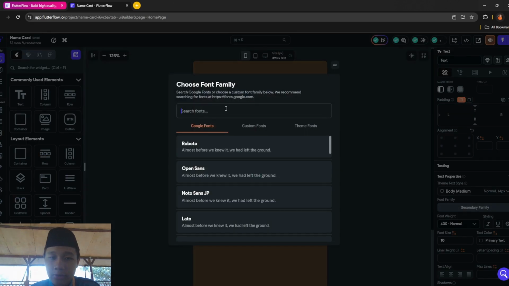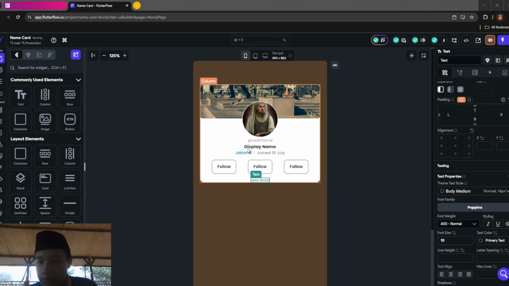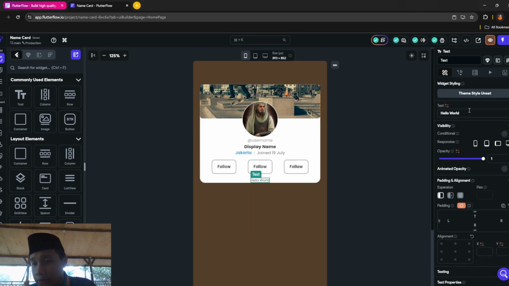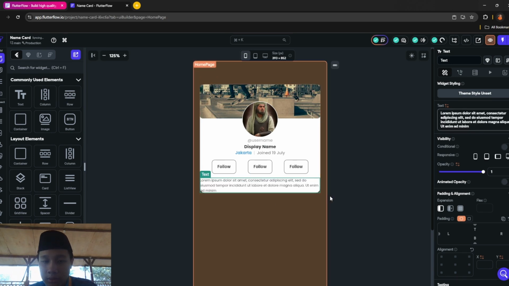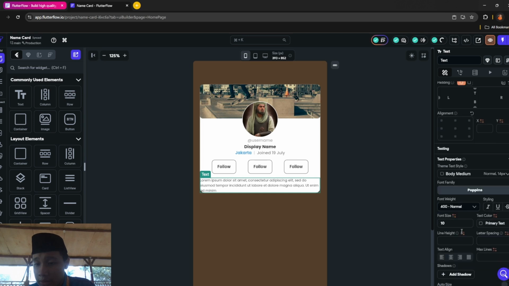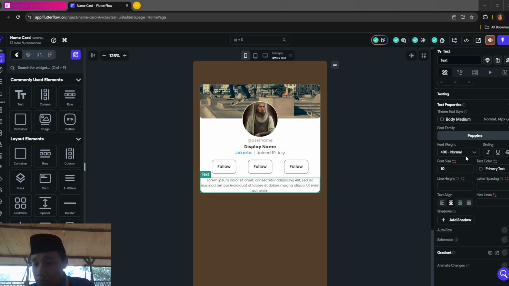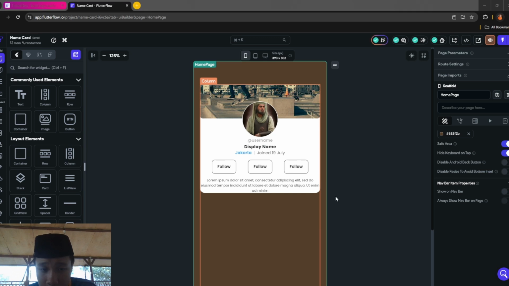For the font family, Poppins, and you just go into the lorem ipsum, and then text alignment to middle. Like this, done.